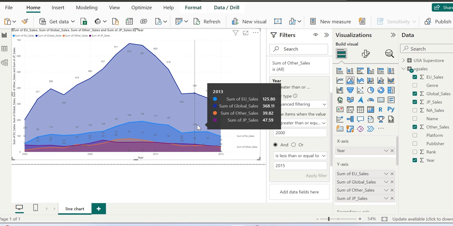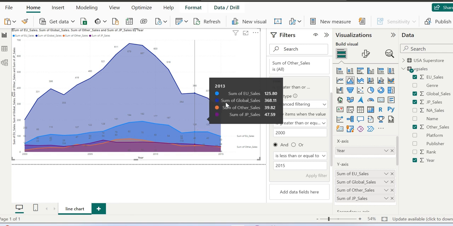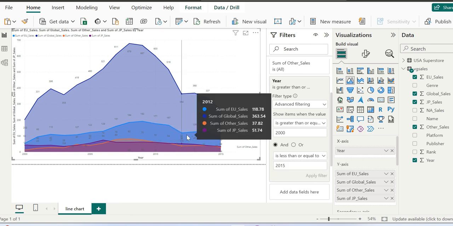Now, when we see a button like this, apply filter, you should keep in mind that this can lead to a powerful performance improvement. While working with direct query, if we did not have any explicit apply filter button, every tweak we made to our predicates would have caused interaction with the underlying database.